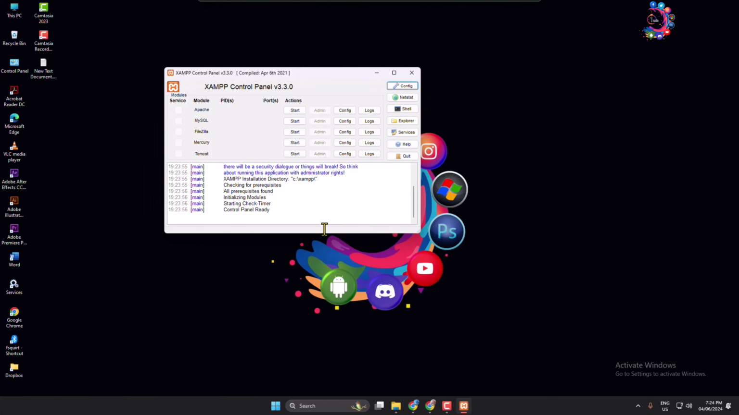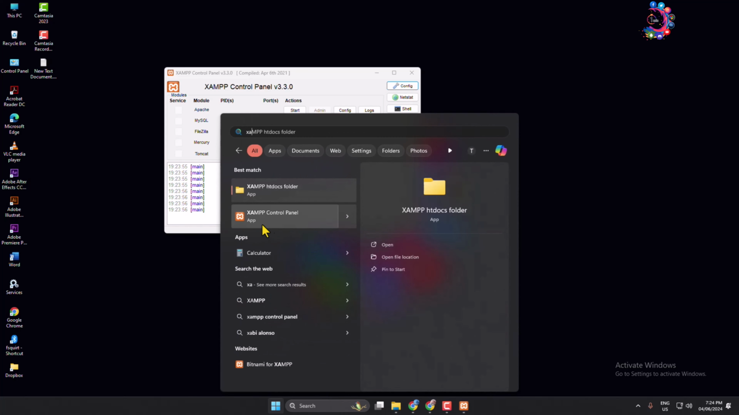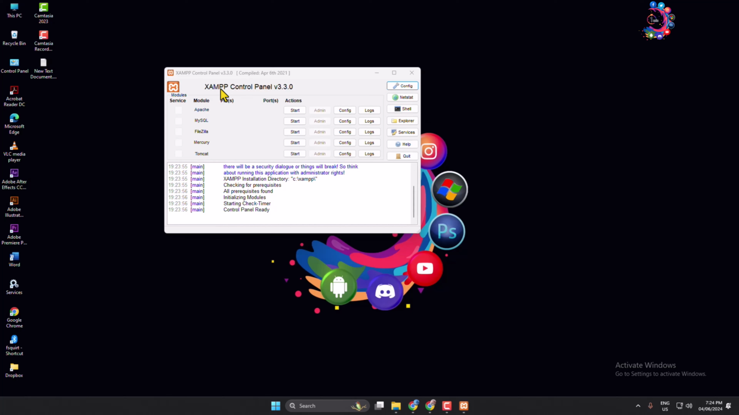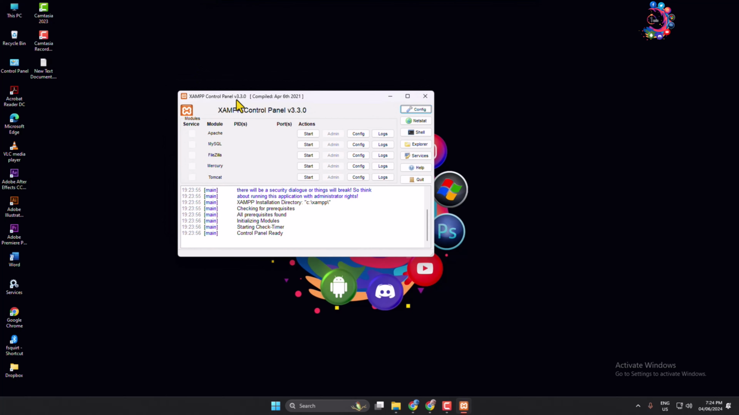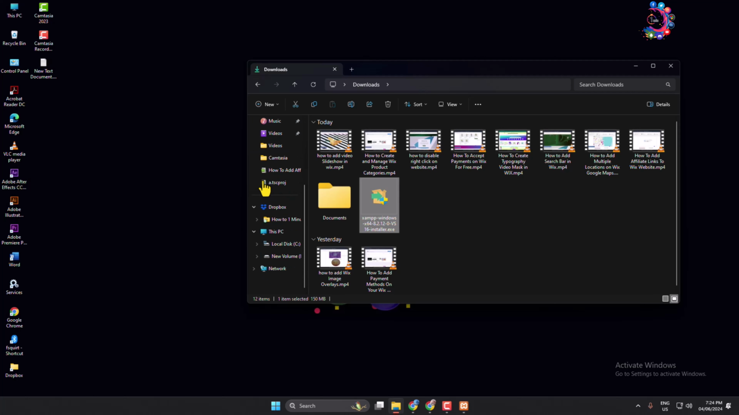If it doesn't, then click on the Start menu, search for XAMPP, and open the XAMPP control panel. Now we have to start Apache and MySQL. Here you will find Apache, just click on Start, and also start MySQL. Once both have started, go to your File Explorer and go to the